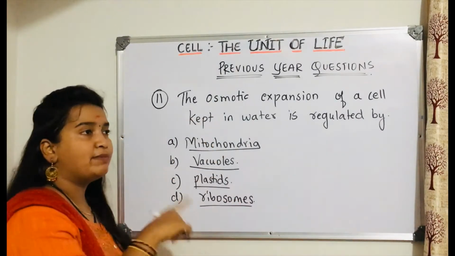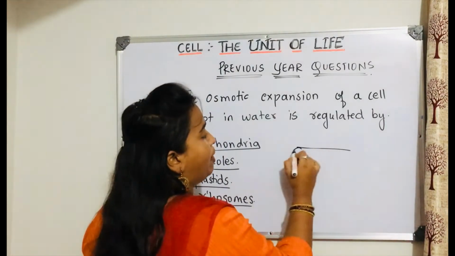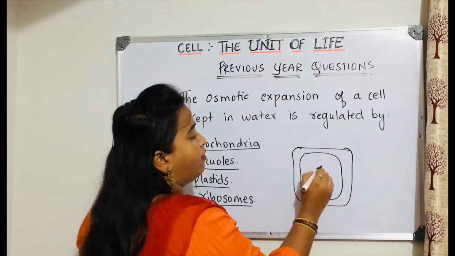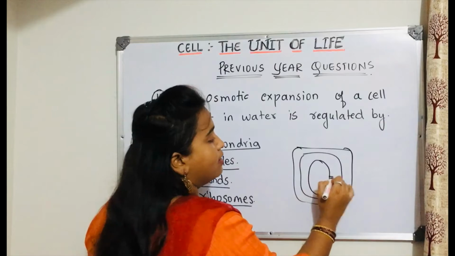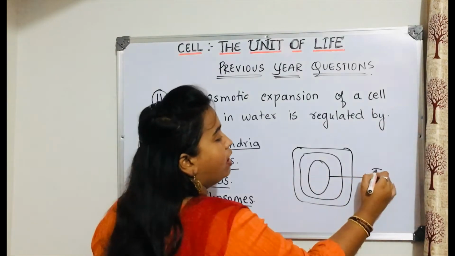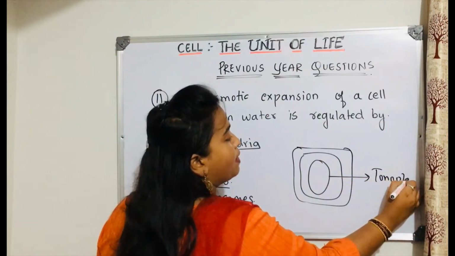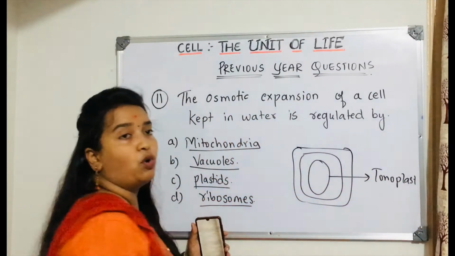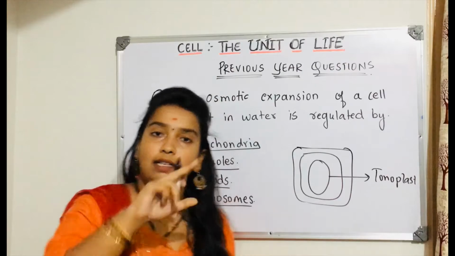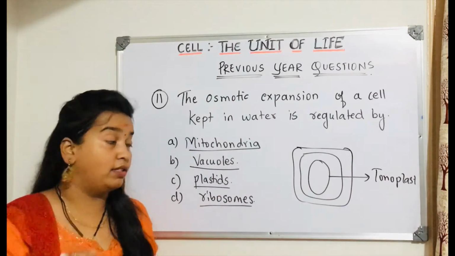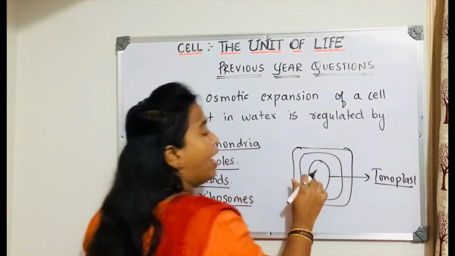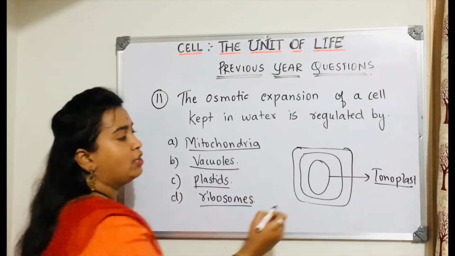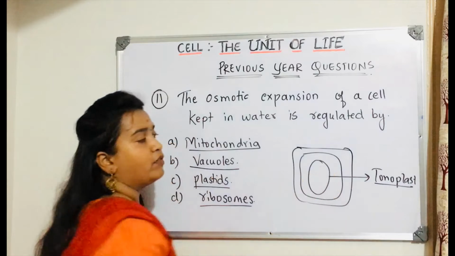Particularly, other than the plasma membrane of the plant cell, when you talk about plant cell, after the cell wall we have this plasma membrane. After that you have a large central vacuole, and this vacuole also has a membrane called tonoplast. Yes or no? It is also called tonoplast. Now after the plasma membrane, which actually helps in osmosis is the tonoplast. That is the membrane of the vacuole.